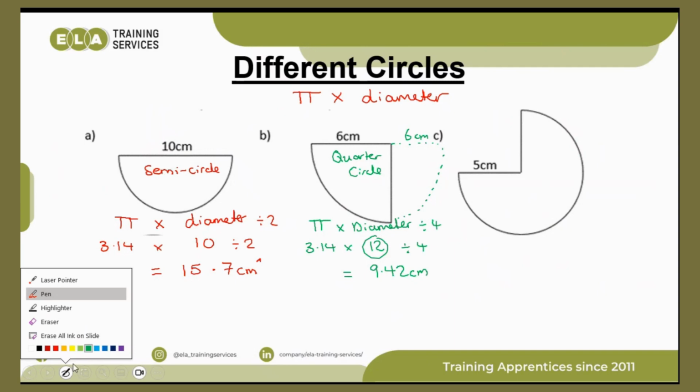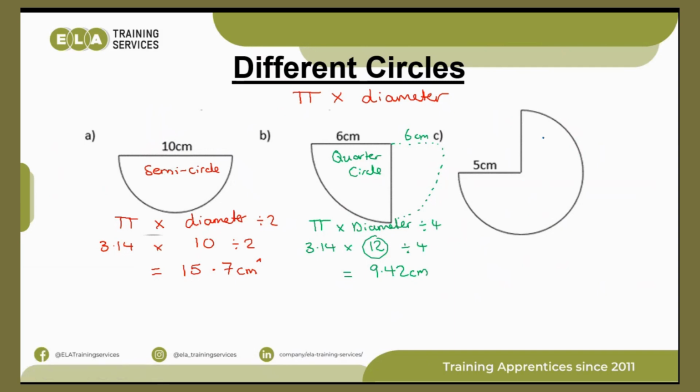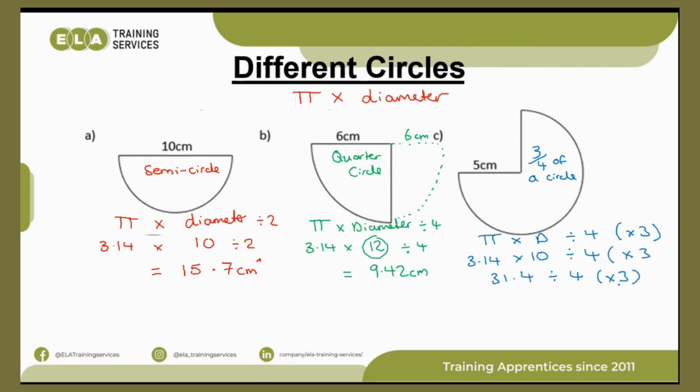And then our last one, how many quarter circles are in this one? It's 3, so it's what we call 3/4 of a circle. What we do here is pi times diameter, divide it by 4, and then multiply by 3. So 3.14, notice all the way across will be 10, divided by 4, and then times by 3. So then we've got 31.4 divided by 4, which is 7.85,